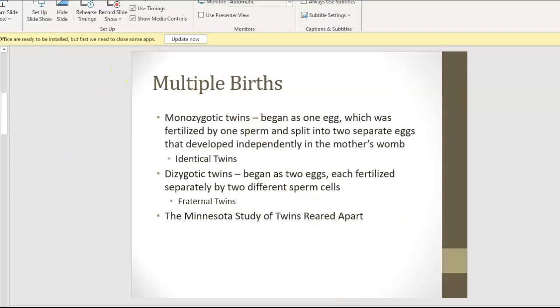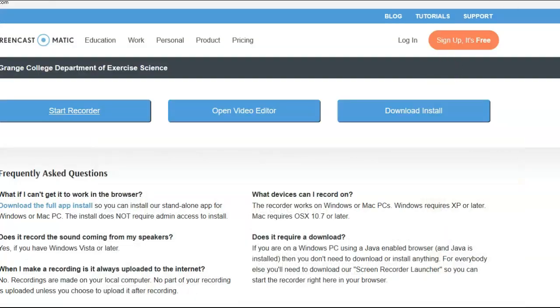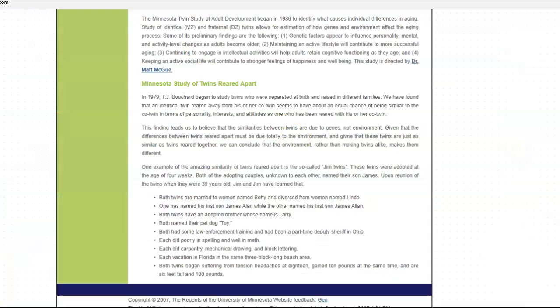It's very interesting. I'm going to pull it up really quickly. I think I am anyway. Right here. I was reading about this and reminding myself exactly about it. And it says one of the similarities of the twins is the so-called Jim twins. I don't know if you guys remember this, but these twins were adopted at the age of 4 weeks. Both of the adopting couples, unknown to each other, named their son James. Upon reunion of the twins when they were 39 years old, Jim and Jim learned that